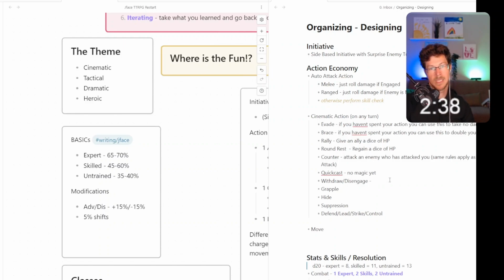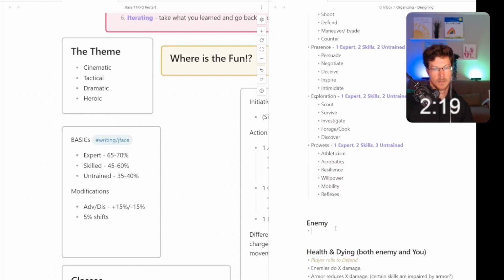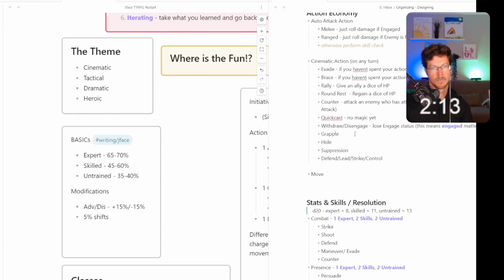Withdraw, disengage. This would mean lose engage status. So that means that engaged matters, which means that, part of my language, engaged, because it matters.